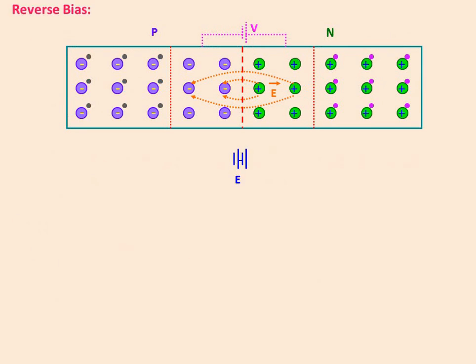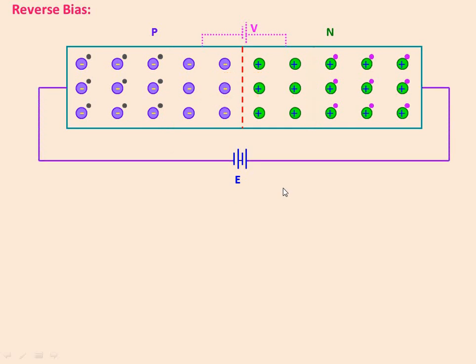Reverse bias is like either you change the terminals of the diode, or reverse the terminals of the battery. Earlier we connected the p-type to the positive terminal of the battery and n-type to the negative terminal. Now we are doing it in reverse. Connect the p-type semiconductor to the negative terminal of the battery and the n-type semiconductor to the positive terminal of the battery, and the resulting combination is nothing but the reverse bias condition. Are we clear with this?